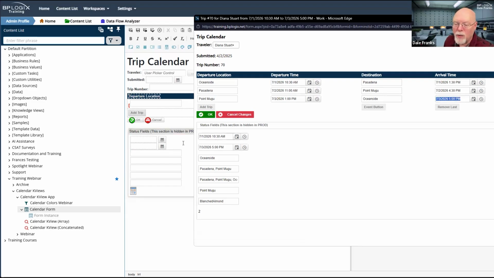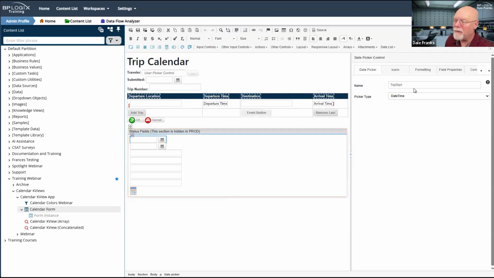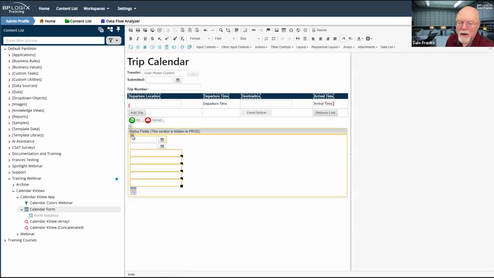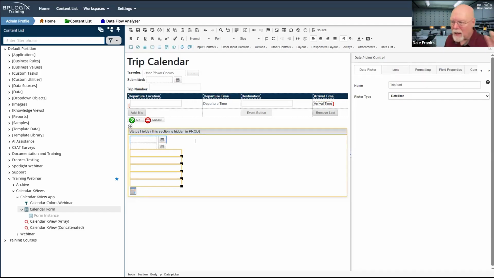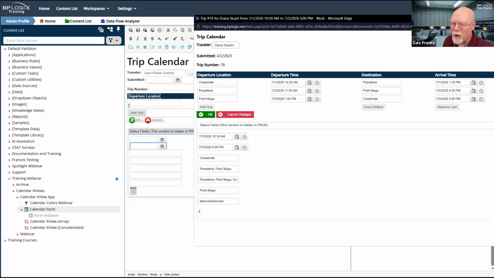So that's what these two fields down here, these two date fields, do. I have my trip start and my trip end field, and that is to be differentiated between departure time and arrival time. So I'm going to need a set form data, which we're going to look at in a minute, to actually build all of these fields, and I'm going to have to use some system variable syntax to make all of this happen.